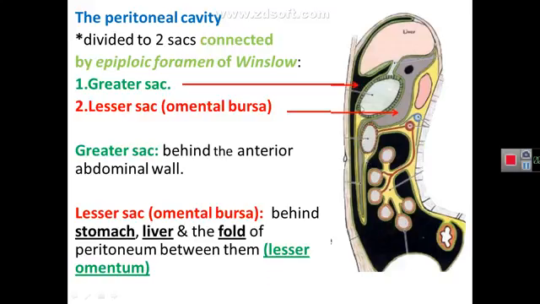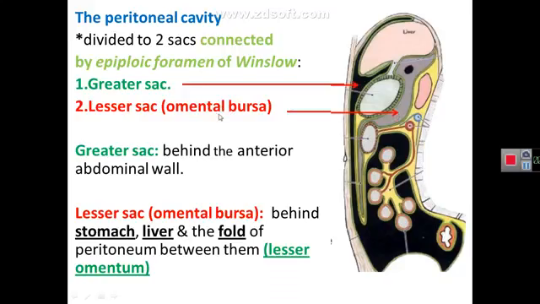Again, if we are looking at this sagittal diagram, you may see that the peritoneal cavity, which is between the parietal and visceral layers of peritoneum, could be divided into two regions. This region is the cavity that is located behind the liver, behind the stomach, and behind a fold of peritoneum called the lesser omentum that extends between the liver and the stomach. So the part of the peritoneal cavity behind the liver, behind the fold of lesser omentum, and behind the stomach is called the lesser sac,